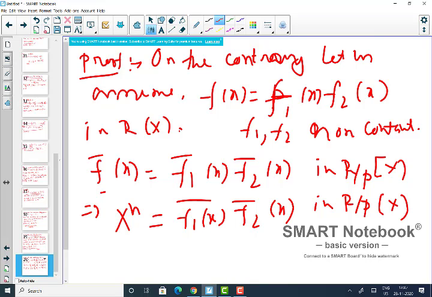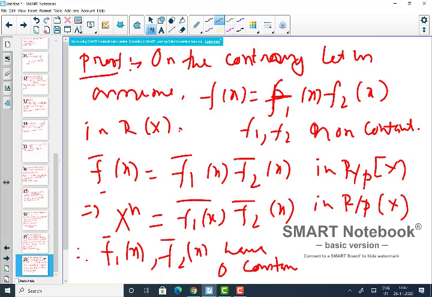But R mod P is an integral domain, right? And this is a prime ideal, because P is a prime ideal, so R mod P is an integral domain. So what does that mean? That the factors don't have any constant term. So that means f1 bar and f2 bar have zero constant term. The constant term must be zero, because if at least one had a non-zero constant term, and this is an integral domain,